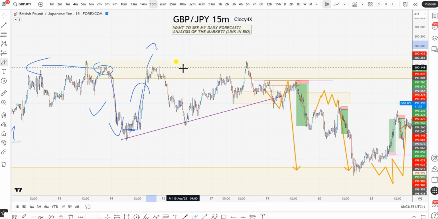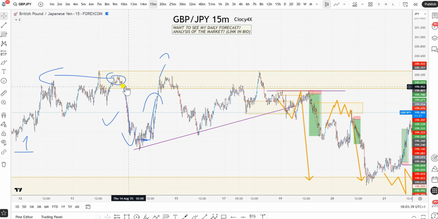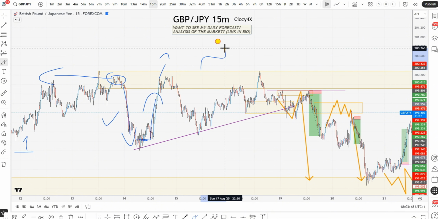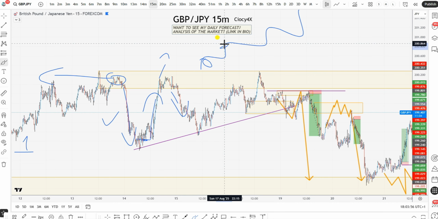But the next thing you know is that price gets in here. Right, look at this. Price gets in here, taps into the supply, and drops again. Okay, now the narrative is taking another step, right? So it's like stairs. Every single time that you're on the chart, look, you get this, this, this, and this. Okay, look. So right now we start in here. Then we can see the sellers are taking control again. Fine. There we go. The second step, we're going up.